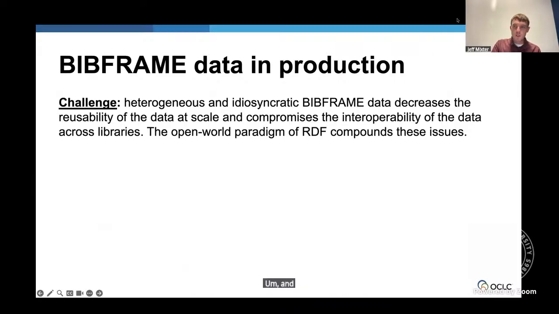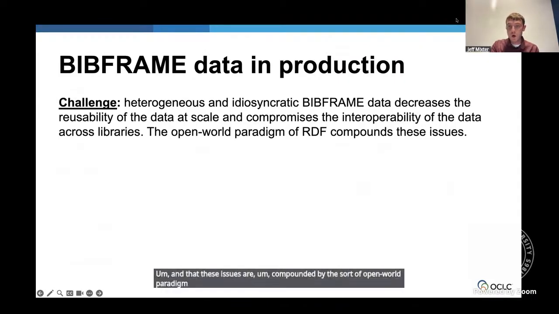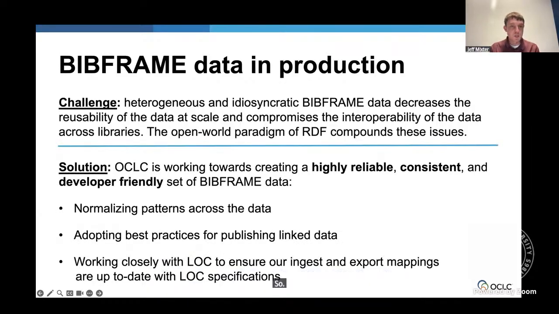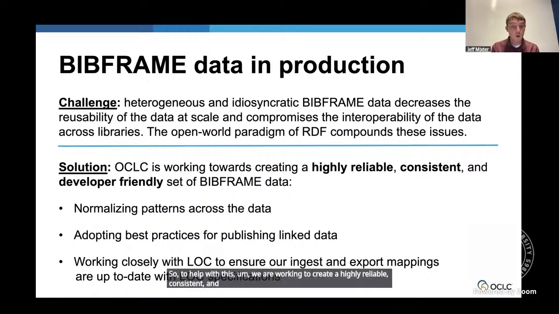And these issues are compounded by the open world paradigm that is RDF. So to help with this, we are working to create a highly reliable, consistent, and again, developer-friendly set of BibFrame data that can be used to help build next generation discovery systems, OPAC systems, LSP systems, things like that.